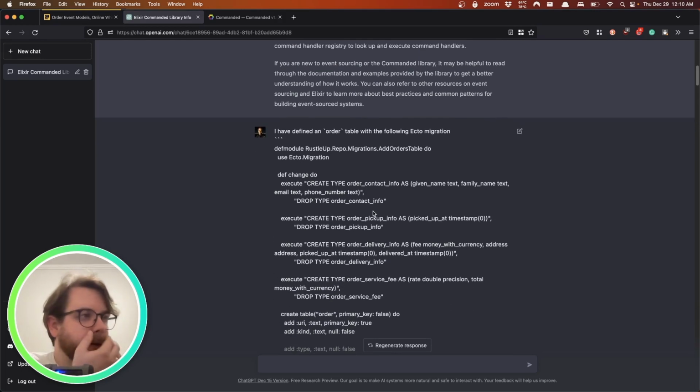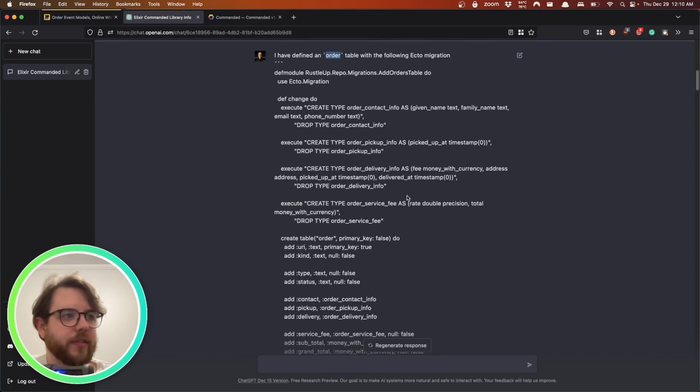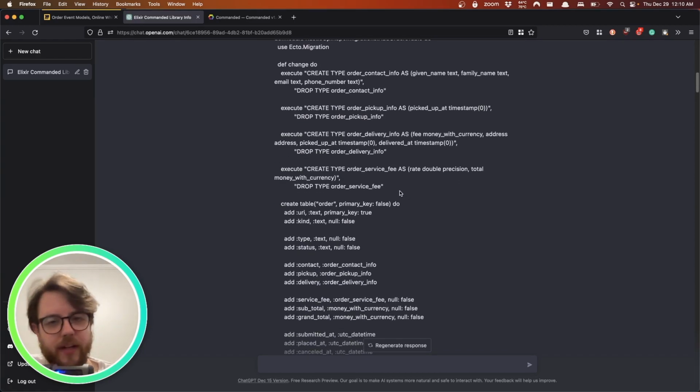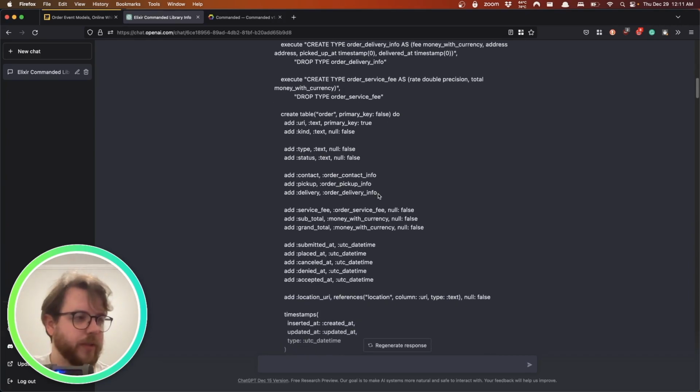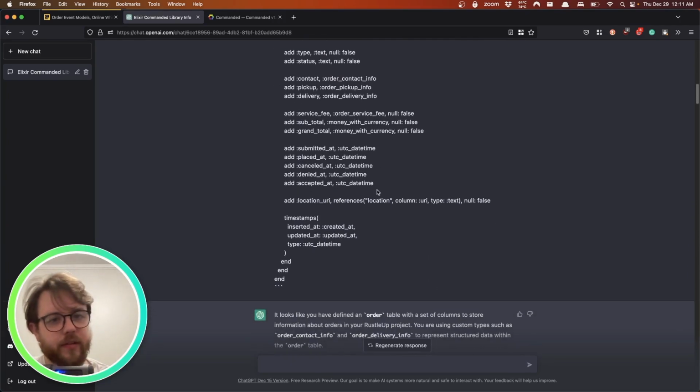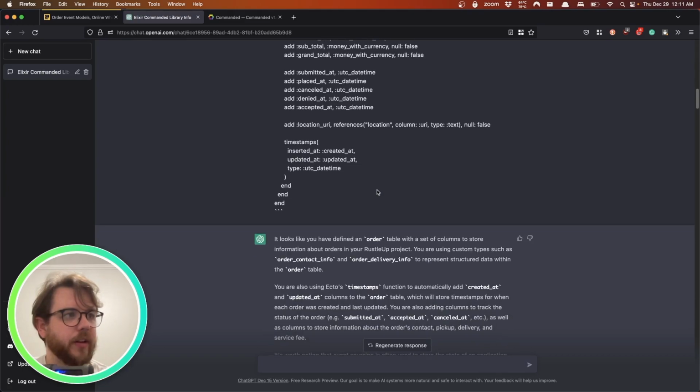So then, giving it a little bit more context, I say that I have this database table called order that I've created using an Ecto projection. If you don't know what an Ecto projection is, it's basically a way of defining a SQL table, and then it will run some code and create that table in whatever SQL database you're using. I happen to be using Postgres. So here's my Ecto projection. You can pause the video and look at it if you want to see it in more detail,